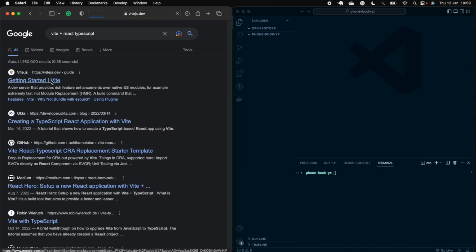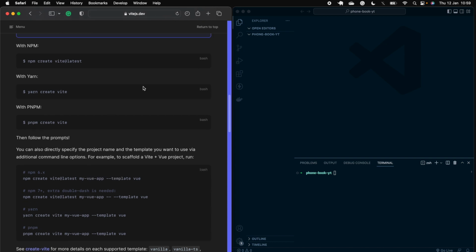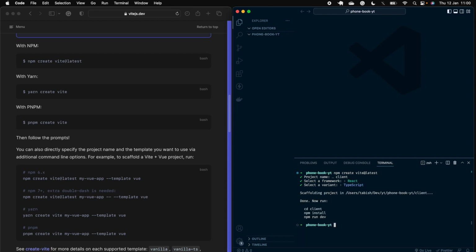Getting started. Let's copy out this line, paste here. For the project name, let's call it client. We'll be using React with TypeScript. Okay, so let's cd into the client,